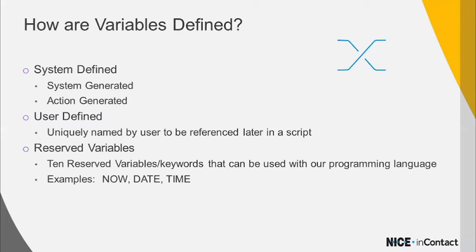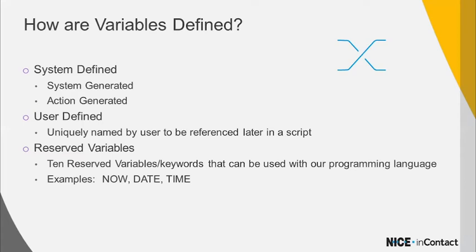So like other platforms, here also there are three types of variables in Studio. One is system defined, system generated, action generated, and user defined. System generated is like Studio or RingCentral also has some defined value variables in the system. We are going to discuss them in the next slide, or when we do the Studio Lab.